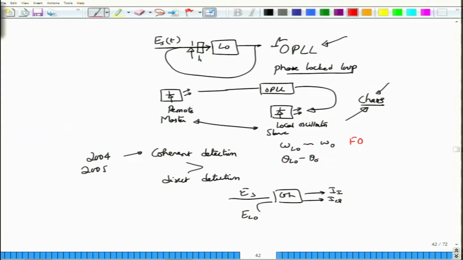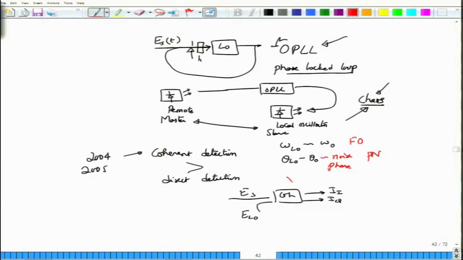Theta LO minus theta 0 might not exactly be constant, but it would actually be a kind of noise, and this noise has a physical reason why it comes out, which is what is called phase noise. We will study phase noise in the next module or at the end of this module. This phase noise is going to cause the phase of the signals to drift in a random manner. So, this is the phase noise problem, which we will call PN.